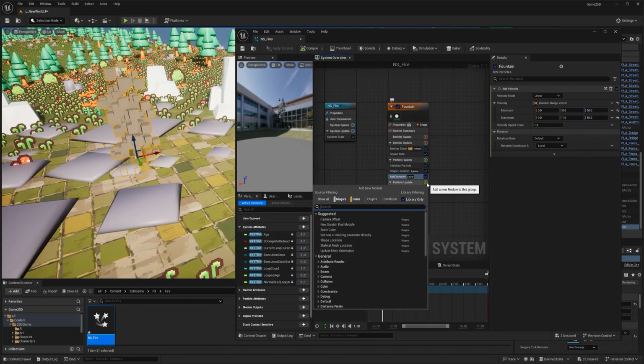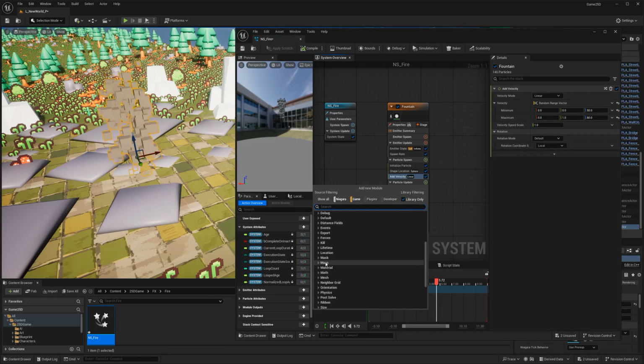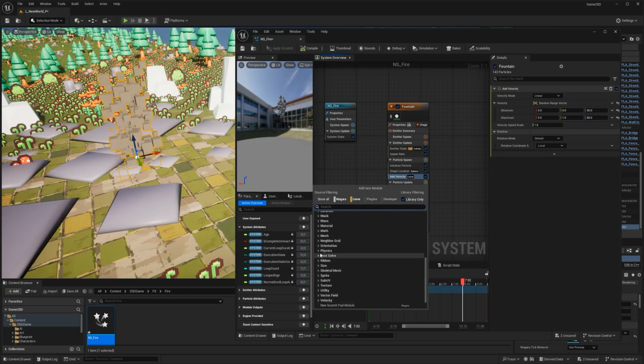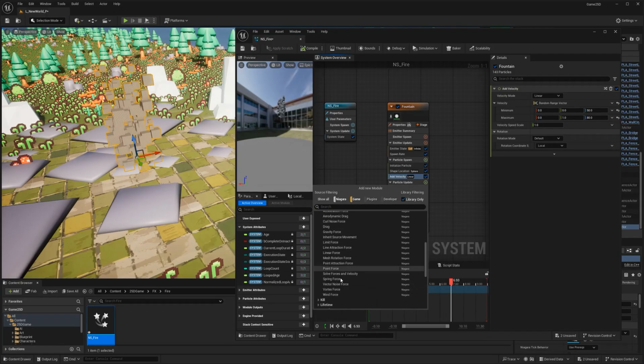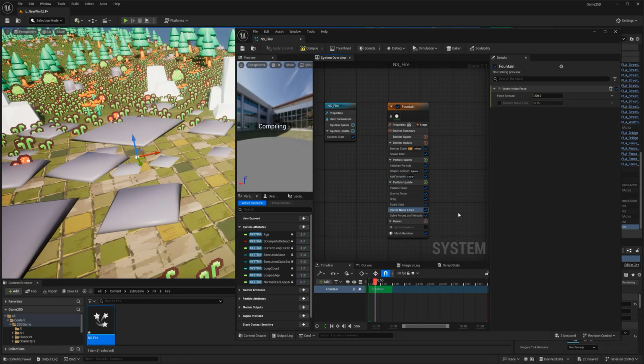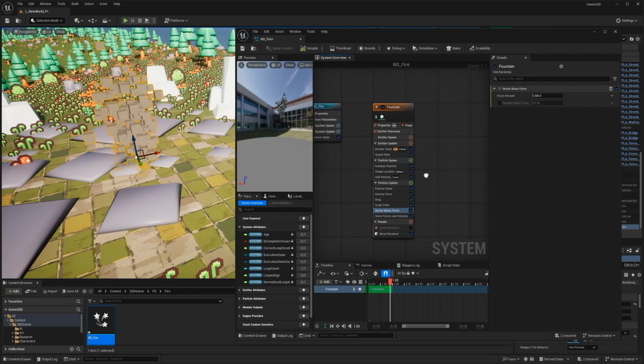What I can do is add a new noise. If I go down here in this menu, we can look for our noises. Oh my god, what is happening with me? Is it forces? Let's add a vector noise. There you go. So it looks like they're floating here and there. We could add the sprites after the fact to bake the embers if you want. I'm going to show you how to do that.